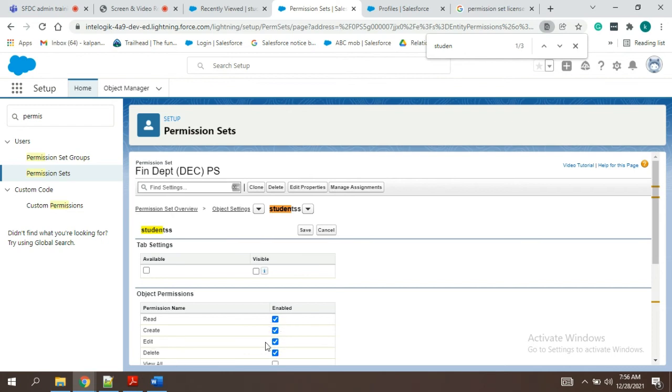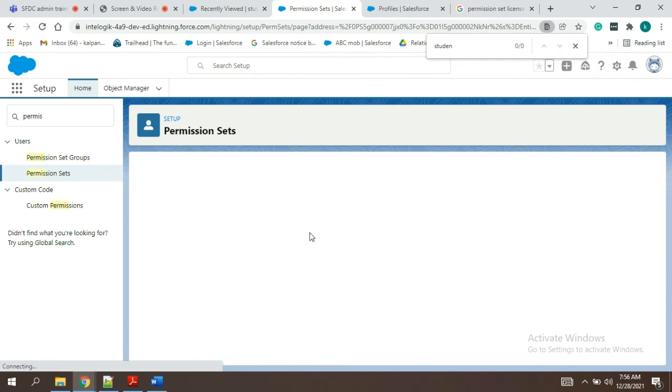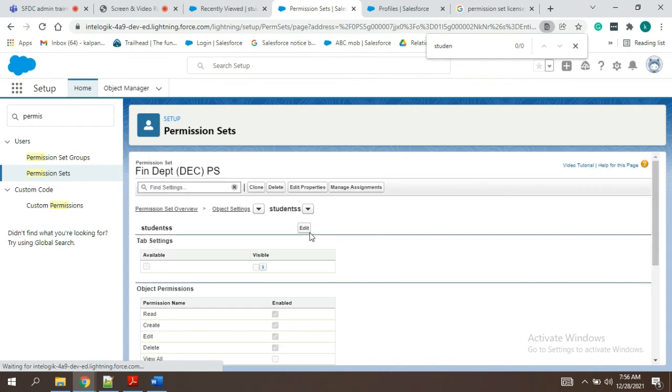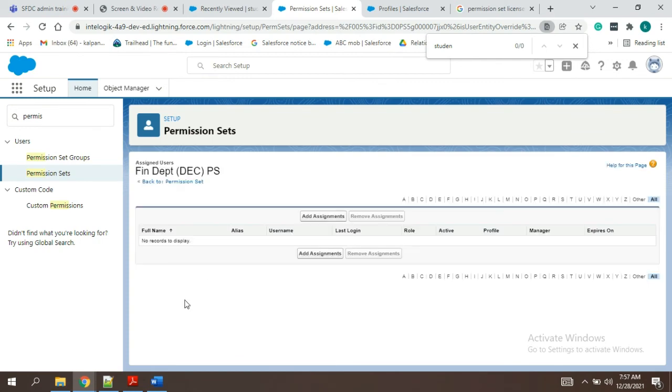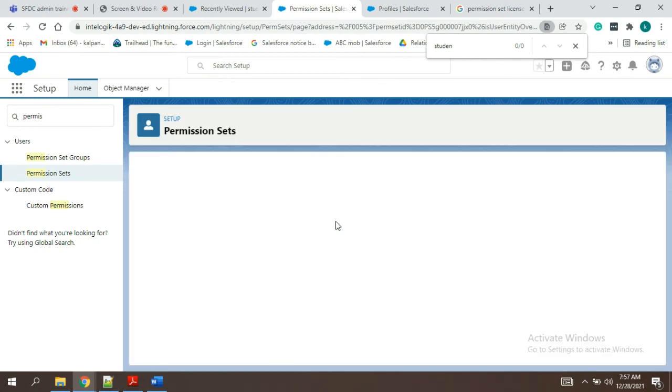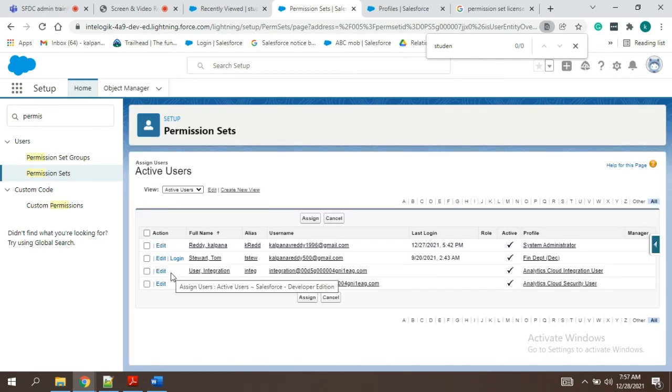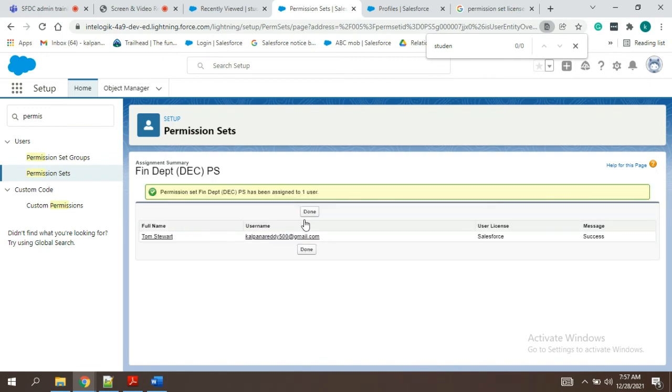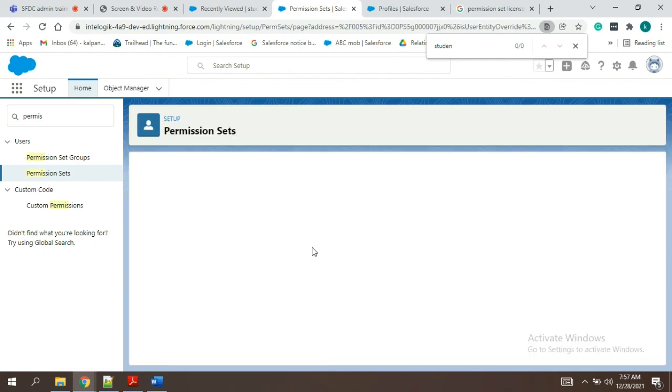Even though if I don't checkbox this too, it is okay because already we have given the permission from profiles. Now it has been added because we have selected one license.